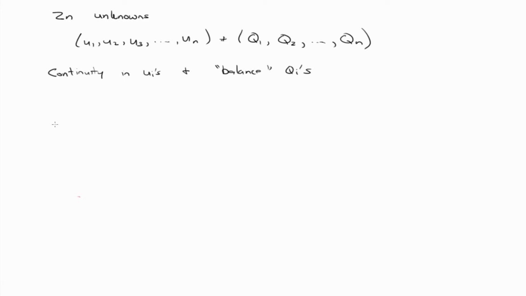So as an example, if we look at two elements, so the nodes are 1 and 2, and I'm going to have another element connected here. But what I'm going to do is pull it apart so that I can write a free body diagram of each element individually, right? So this is also node 2, then you have node 3 here, okay? So each of these has some solution, U2, E1. So this is E1, E2, U1, E2,